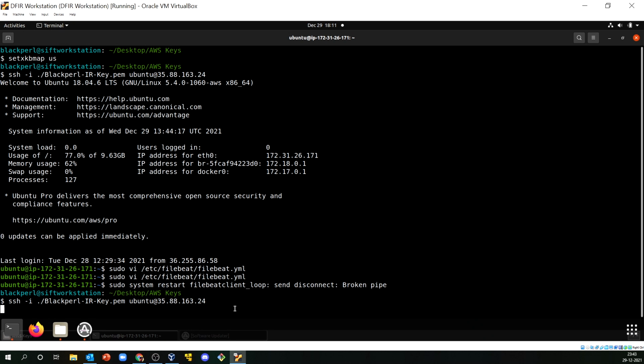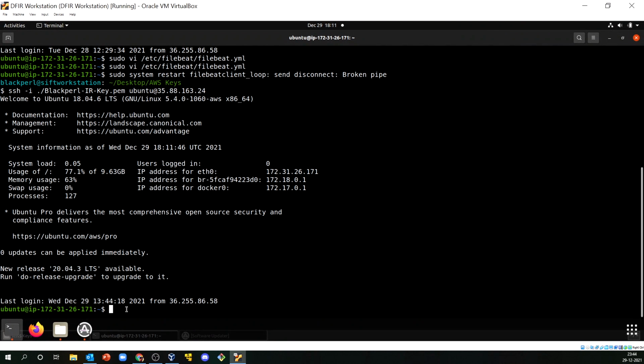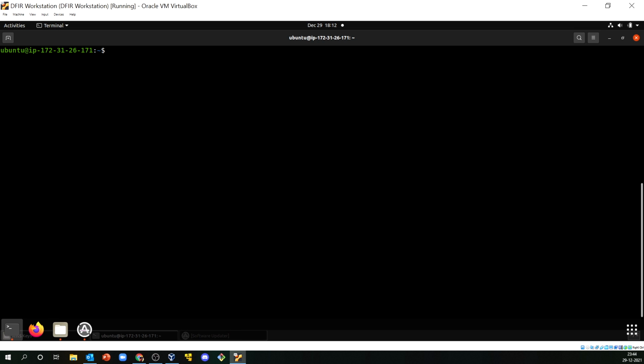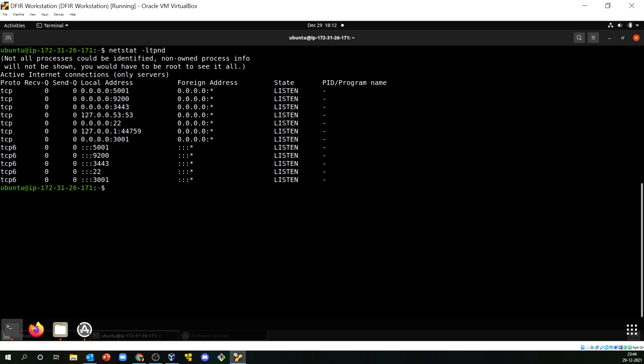So I'm gonna quickly log in, and I'm gonna quickly show you the states that you might be interested in, like how the Docker things work, and the very basic things. Okay, so I'm logged into the machine now. Let me first clear up my screen, and if I quickly do netstat -ltpnd, that should show me which services my system is listening on. So you can see that it is listening on